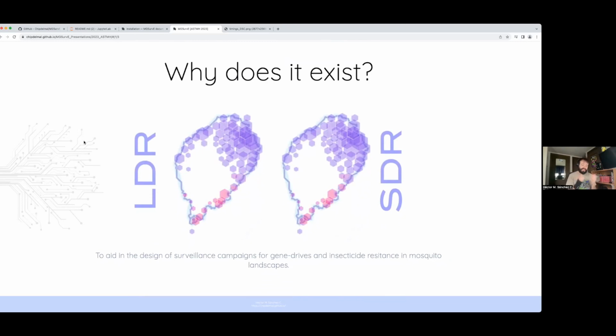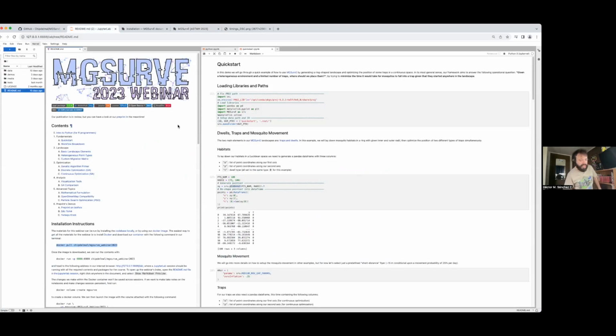And we do this, as I was mentioning, mainly to be able to detect these transients in either gene drives for trials, or insecticide resistance, or general surveillance could work. For example, if we are planning a field trial of a gene drive in any heterogeneous landscape, we can optimize the landscape so that we can detect the transients spread as uniformly as possible. So yeah, with that out of the way,